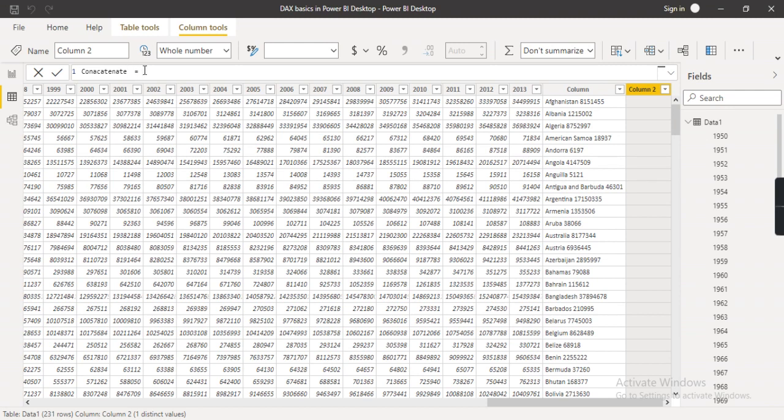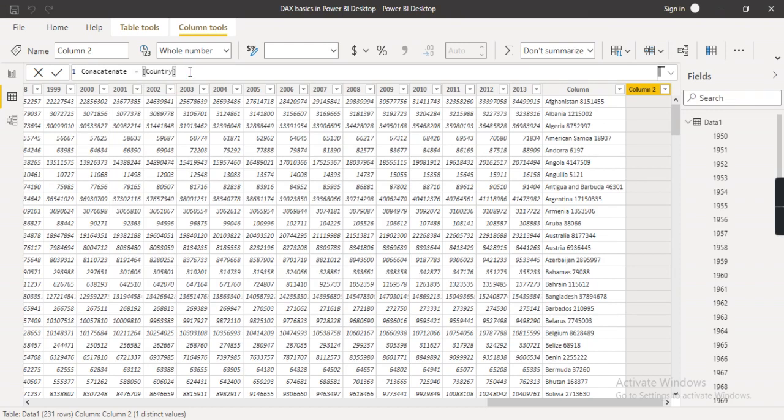Okay, so we will start with the open bracket, and we have to concatenate this country. So we will write this country and it will automatically give you the table name here, sorry, column names in that table.